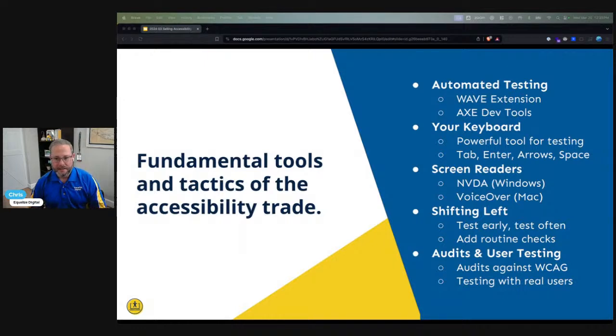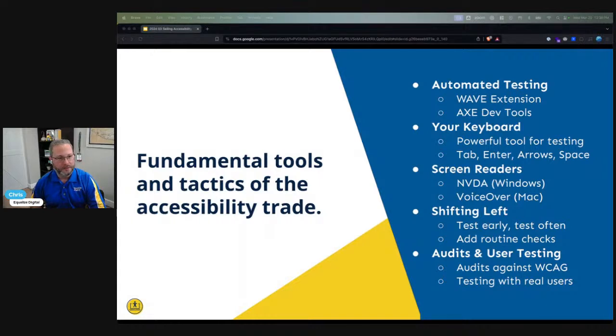The next set of tools, and arguably one of your most powerful accessibility testing tools, is a thing that you use every day already. It's your keyboard. You should be able to use any website, ideally, with just a keyboard and no mouse. If you haven't done this before, I'd highly recommend trying it. It can be very educational and eye-opening.